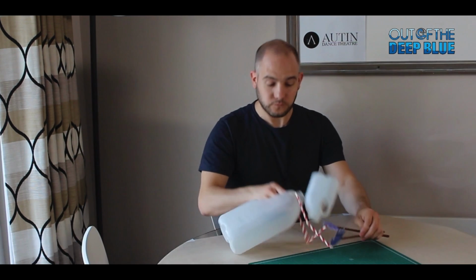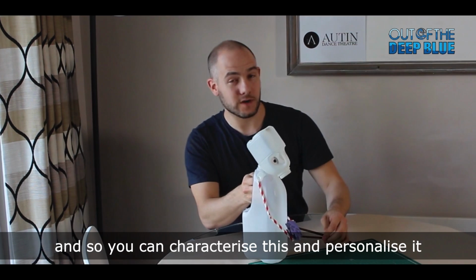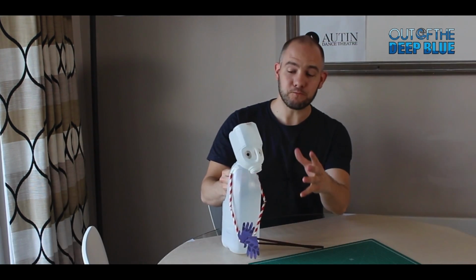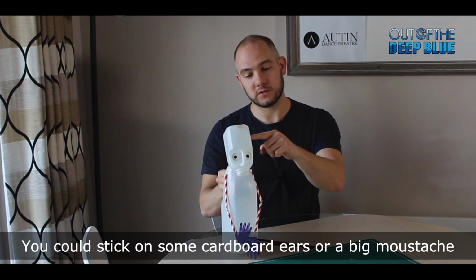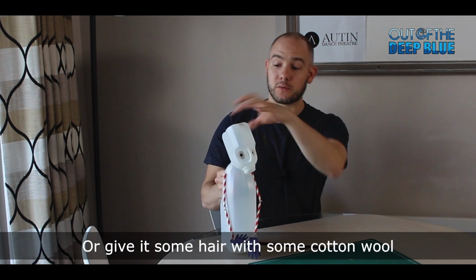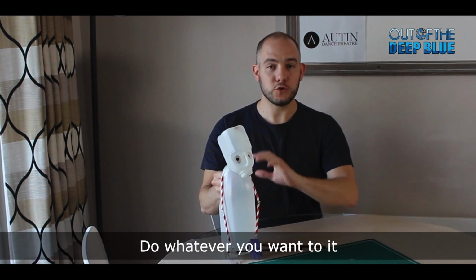Now, of course, this is a very basic, very plain puppet. And so you can characterize this and personalize it any way you want. You could paint them. You could stick on other bits. You could stick on some cardboard ears, maybe, or a big moustache. Or give it some hair with some cotton wool perhaps, give it a tie, but do whatever you want to